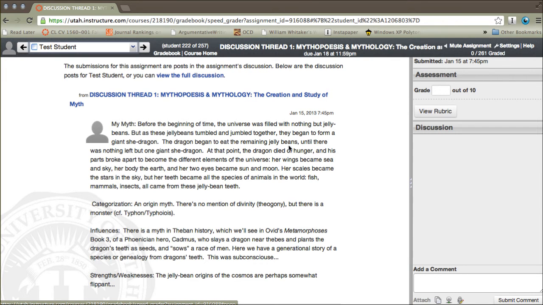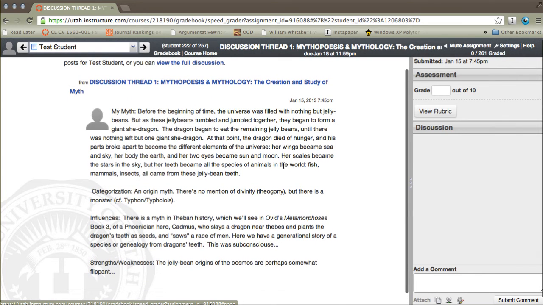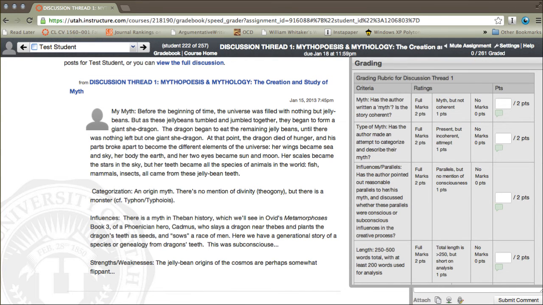So what I want to do here is follow the rubric. I might think this is a great myth. I might think it's a terrible myth, poorly analyzed. That doesn't really matter. We're going to be jury members here, and what we need to do is make sure that the law was followed. Well, what's the law in this case? It's the rubric. It's this grading scheme that we've set up and which you hopefully consulted in completing your assignment, to make sure that we're all on the same page and you know what could get you full credit.